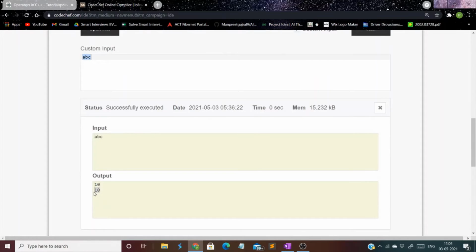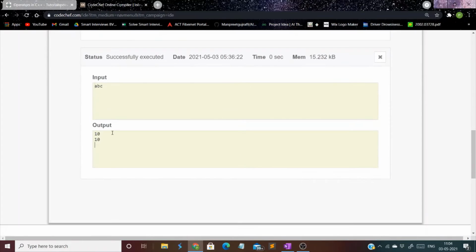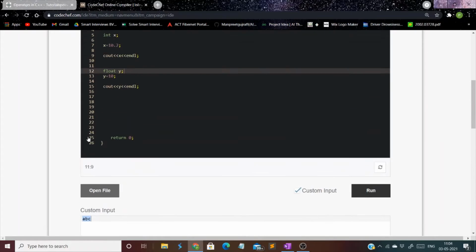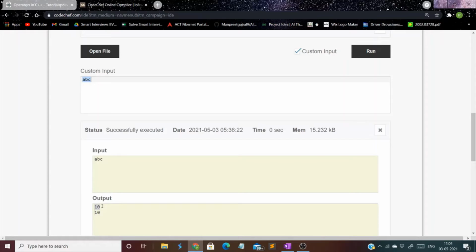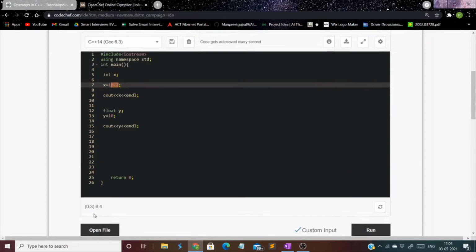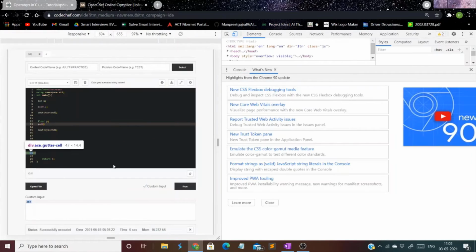Yeah, 10.00 or 10, okay, that's fine. But see, integer doesn't allow decimal points. I've given 10.2, but the output is 10. Some compilers will give 10.00 in float. If you give something like 10.1, it definitely gives 10 point,